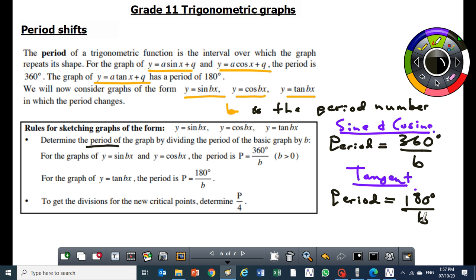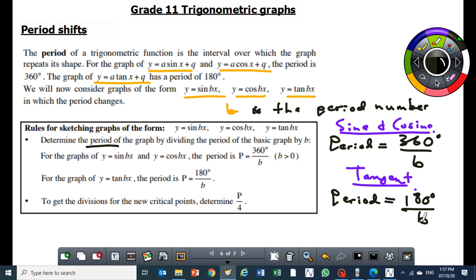the next thing, before you start sketching, you need to know what step you are going to use when you are sketching in terms of the calculator. What step are you going to put in your calculator? If you are going to draw a table of values, what step are you going to use for the x values? Now, to get the step,